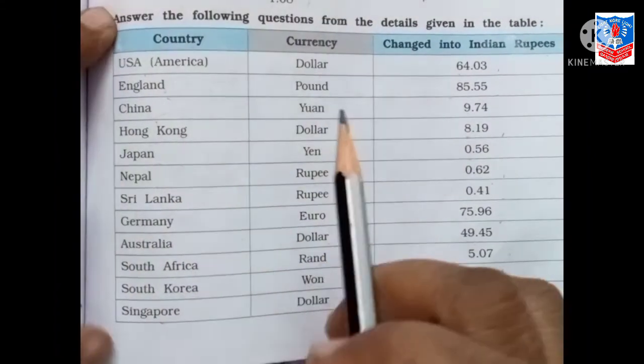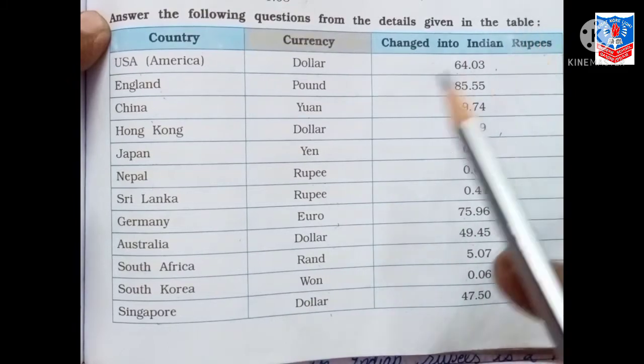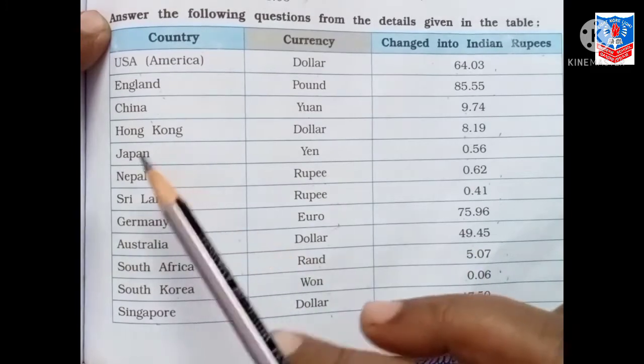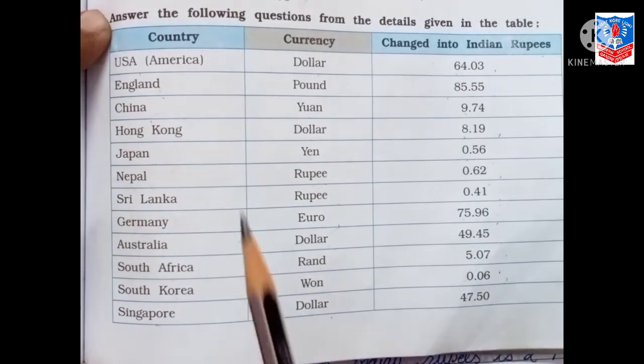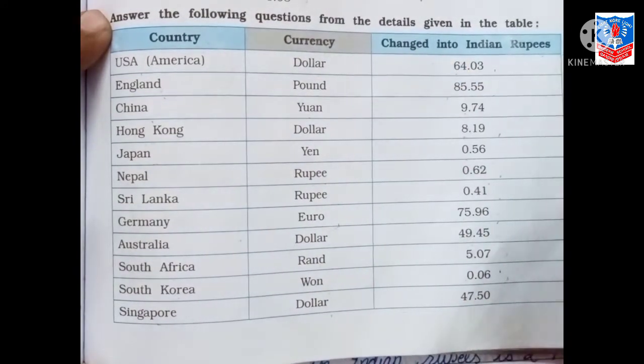Next is answer the following questions from the details given in the table. Now a table is given here. You have to see this table and then you have to answer the question. Now see, country, currency and changed into Indian rupees.